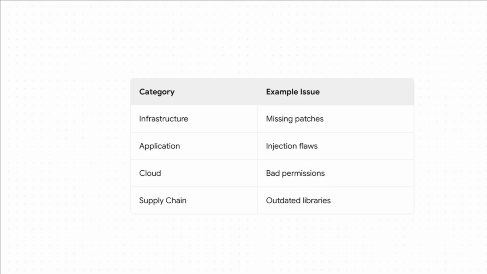The second pillar is advanced vulnerability identification. Modern identification has to go way beyond basic network scanning. A truly unified approach evaluates weaknesses across multiple, complex layers. It spans the infrastructure for missing patches, applications for logic or injection flaws, cloud environments for misconfigured permissions, and even the software supply chain for outdated third-party libraries. I mean, think about the lingering risks from the whole Log4j scramble a while back. Pulling all these findings into one unified process is absolutely essential if you want a complete picture of your risk.